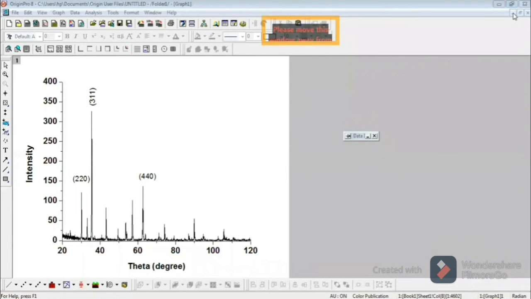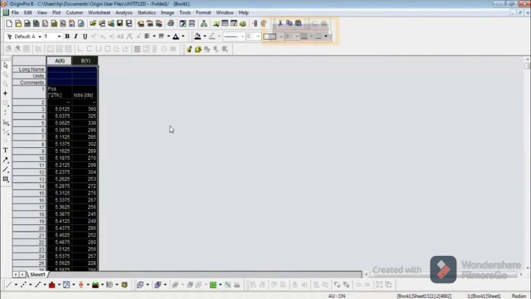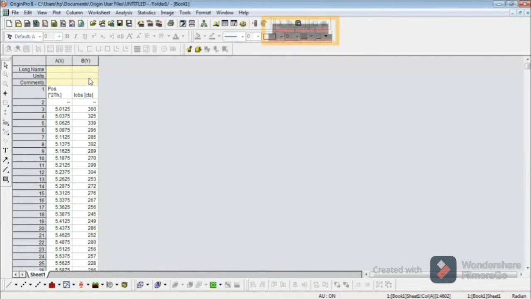Okay, so first of all, we will clear this sheet. I'm going to delete this one. This is the data of the first sample. We need some more columns to enter the data of the next samples.